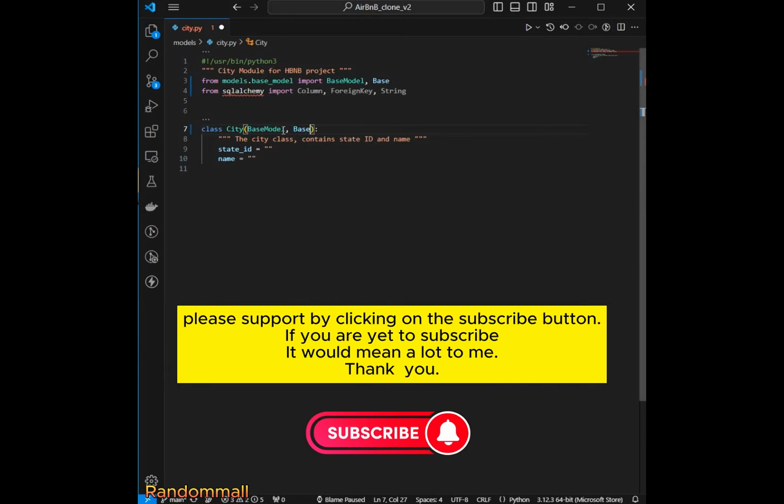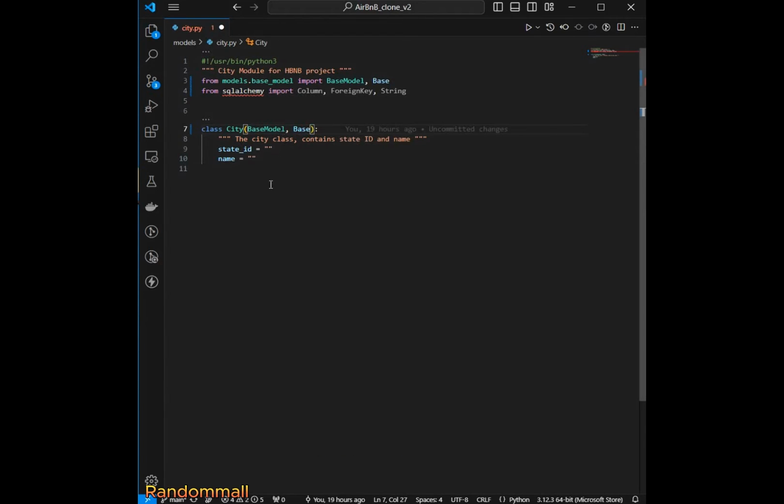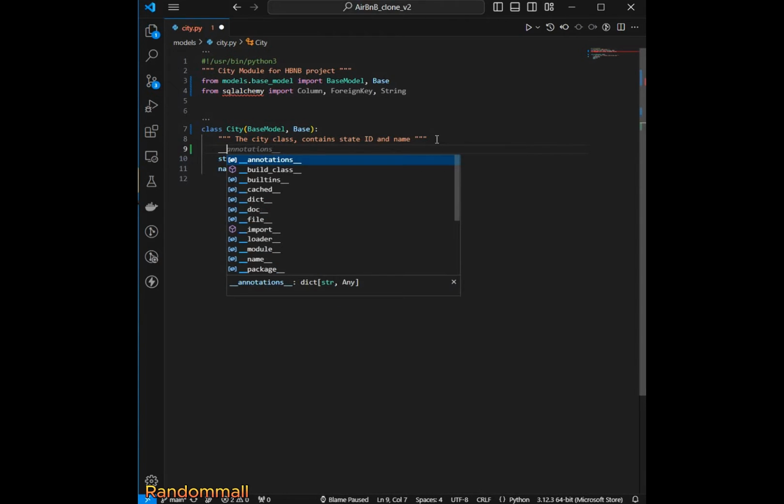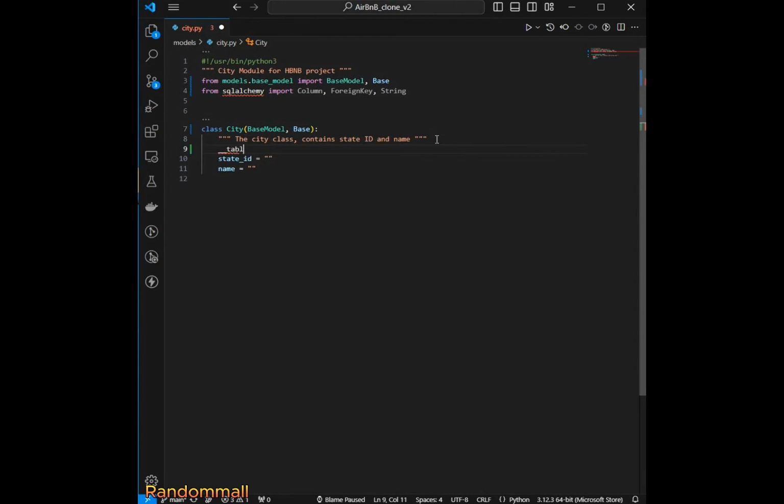So we are going to modify this to, we are going to use this __tablename__, which is an attribute from SQLAlchemy that we can use to customize or specify the name of our table in the database. And then